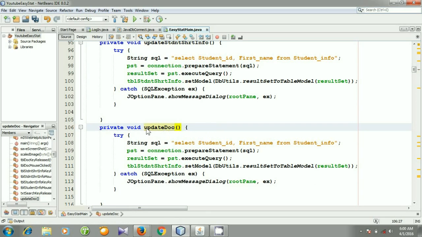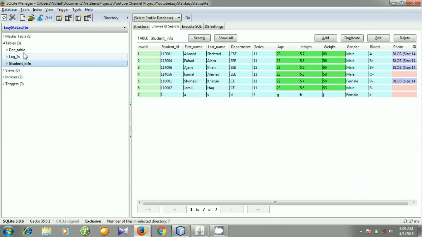This is our new method, and we will try to select all from our document table.